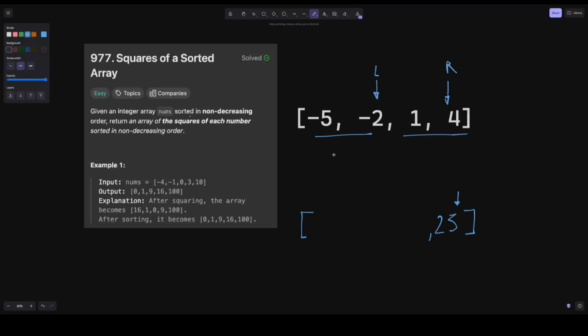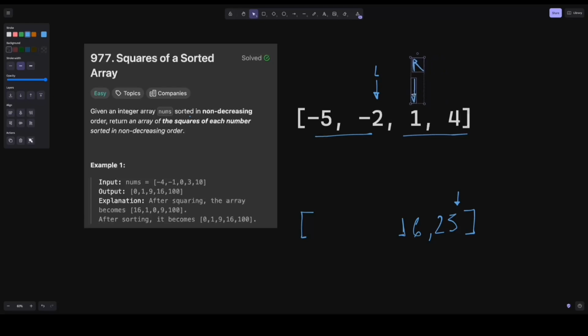So we compare the values again. The absolute value of 2 is bigger than the absolute value of 4. It is not, so we will place the square of 4 in our answer. Okay, now we move the right pointer